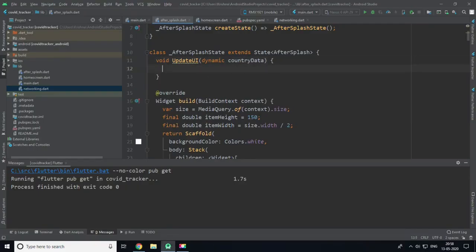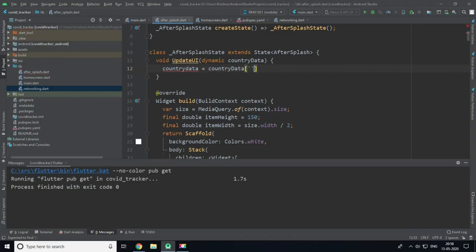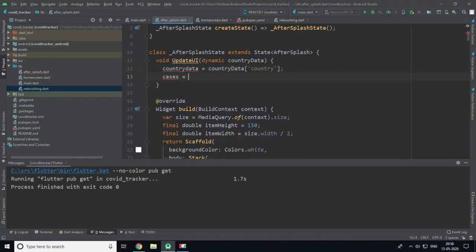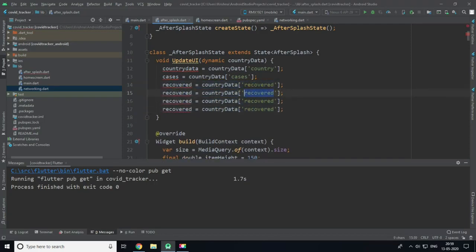The first variable will be country, which is equal to countryData and the key name, which is country. Next is cases, which is countryData and cases. Next is recovered, which is countryData recovered, and I need more of these, death, and I will say death.